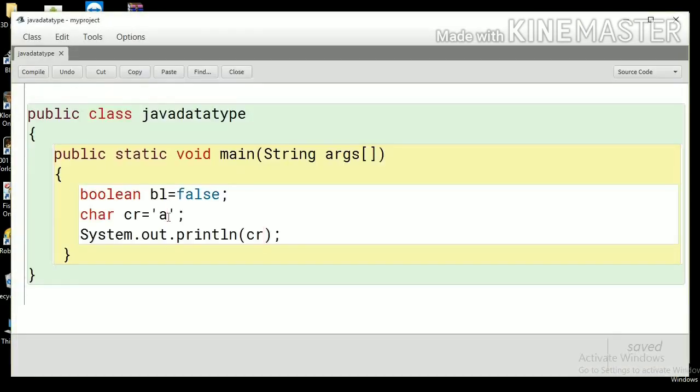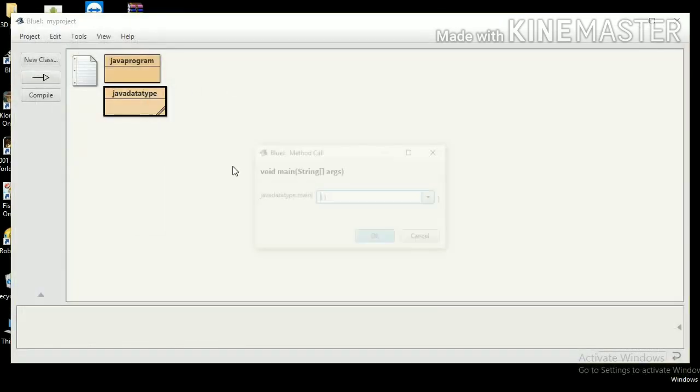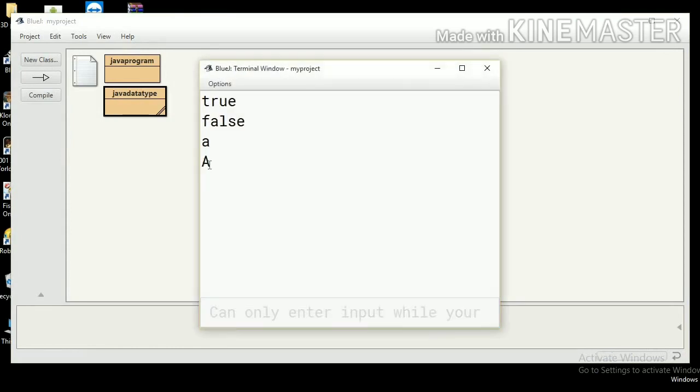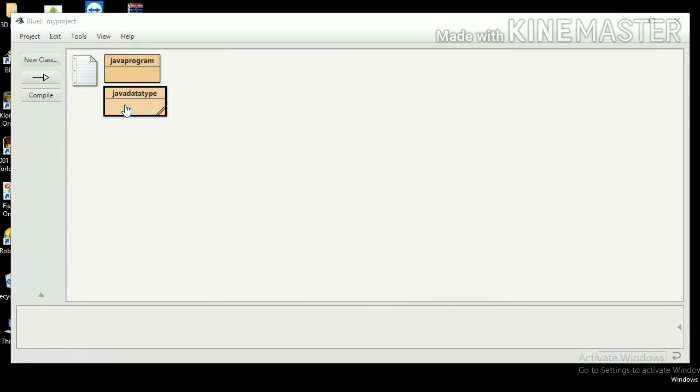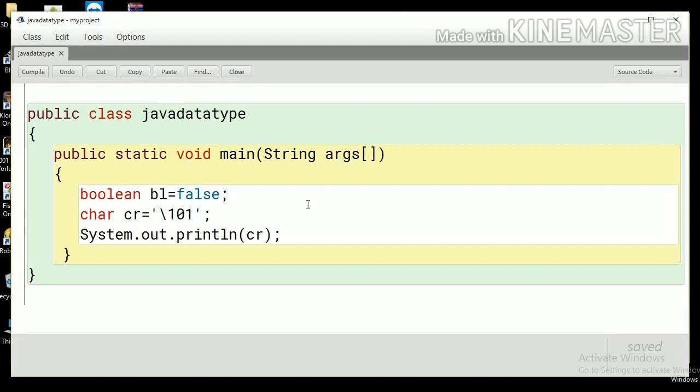We can also store \101. So let's see what happens in that case. This is the code for the capital A. In other ways, if we want to store some ASCII values, in that case we'll just write the ASCII code.